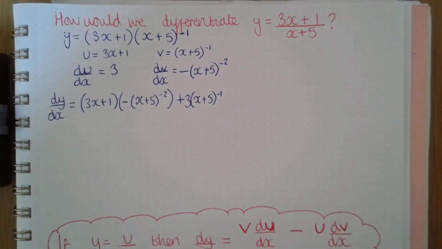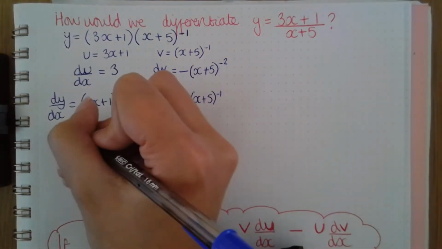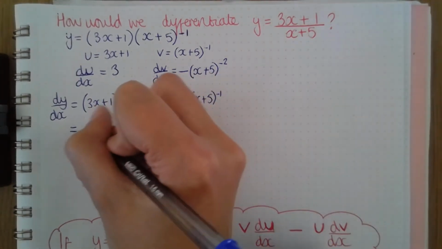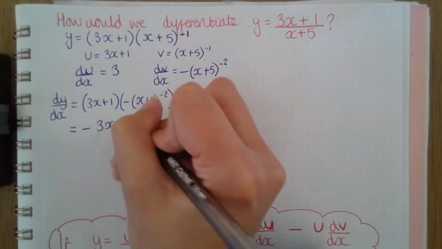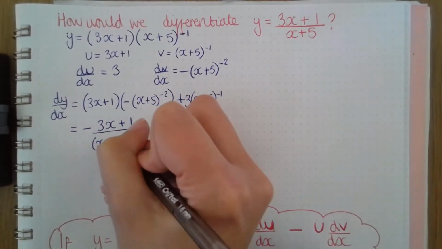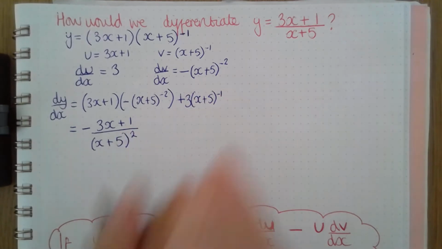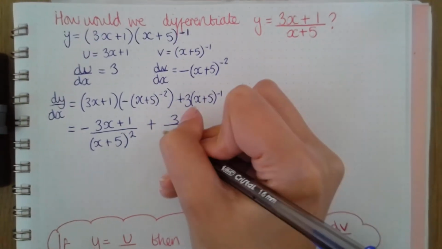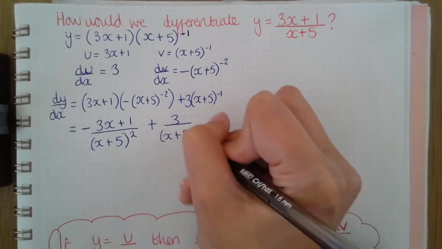If we rearrange this, we get negative (3x plus 1) over (x plus 5) all squared on the denominator plus 3 over (x plus 5),